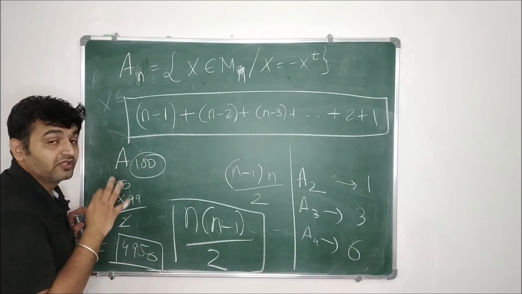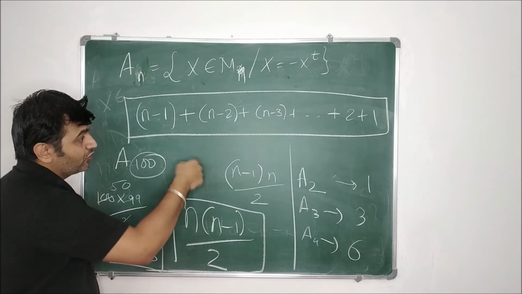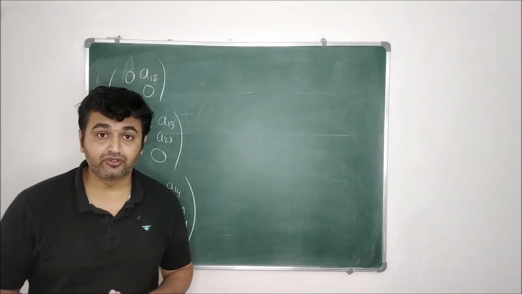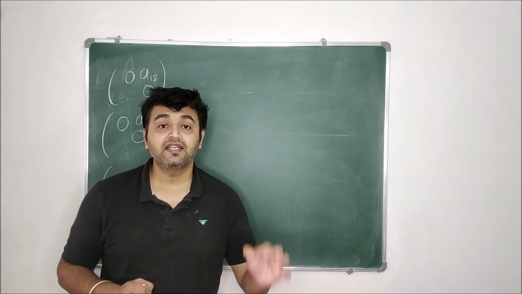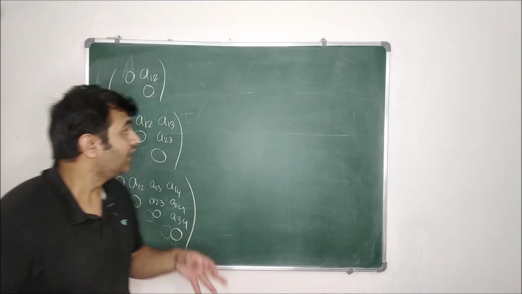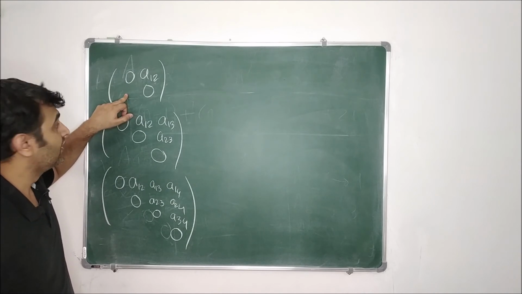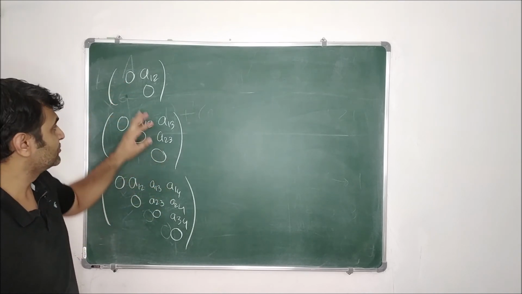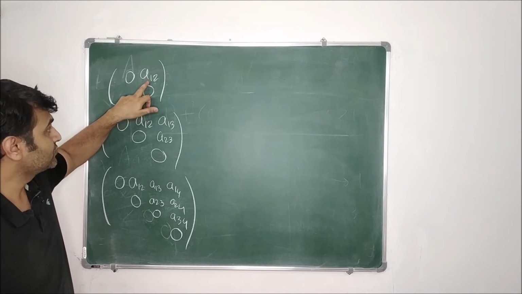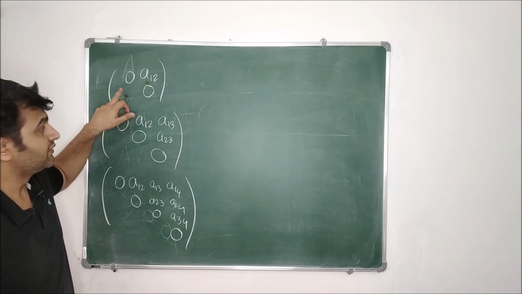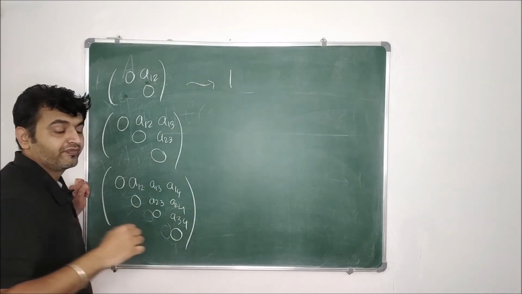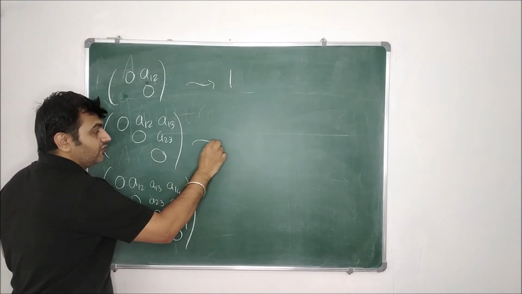Okay, now let me tell you the trick: without finding the basis, how can you tell the dimension? Once a matrix is given to you, you simply try to see how many independent entries you will need to fill that matrix. Okay, so suppose a 2 cross 2 skew symmetric matrix, this is 0. I know diagonals are always 0, so this is fixed. Here there is no choice. Here I have a choice A12, but as soon as I choose it, I don't have a choice here. This has to be minus A12. So here I have only one independent choice. Therefore the dimension is 1.